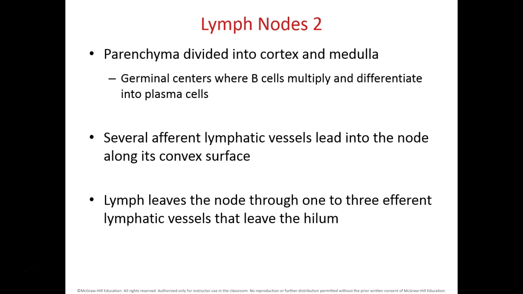So the parenchyma is divided into cortex and medulla, and parenchyma is just the inner portion of the lymph node. It has germinal centers where the B cells multiply and differentiate into plasma cells, and plasma cells are the ones that make antibody. There are several afferent lymphatic vessels,